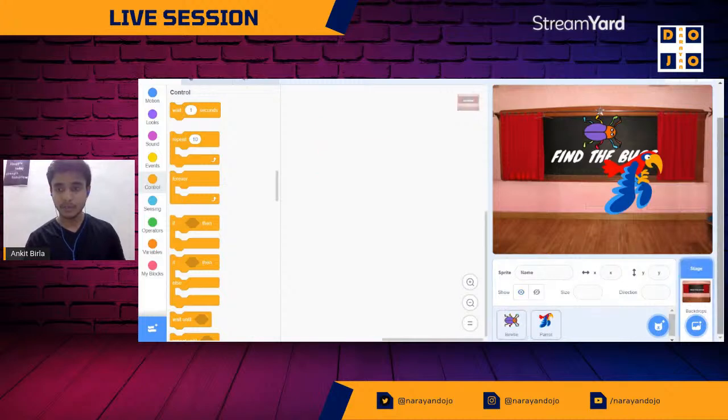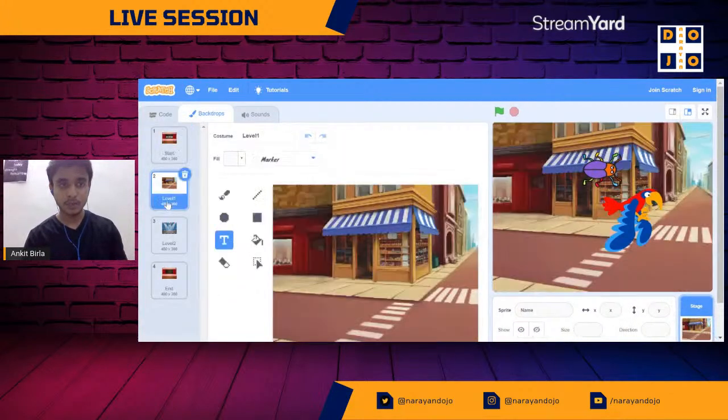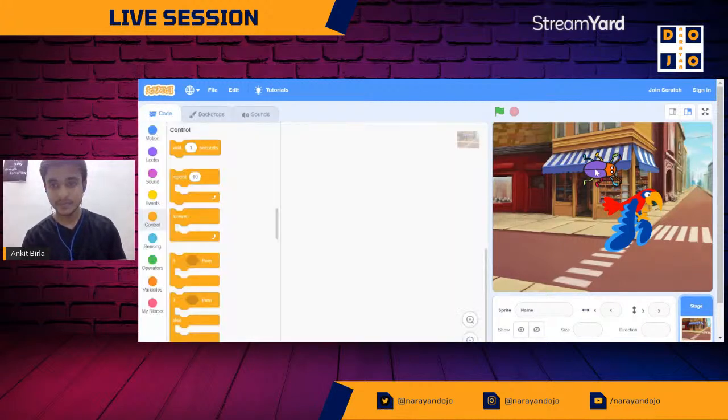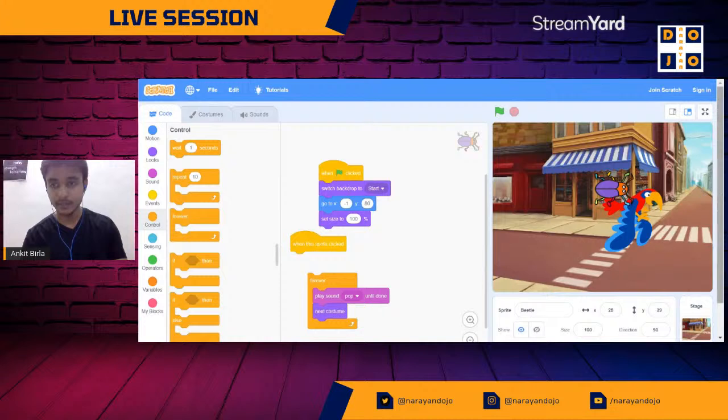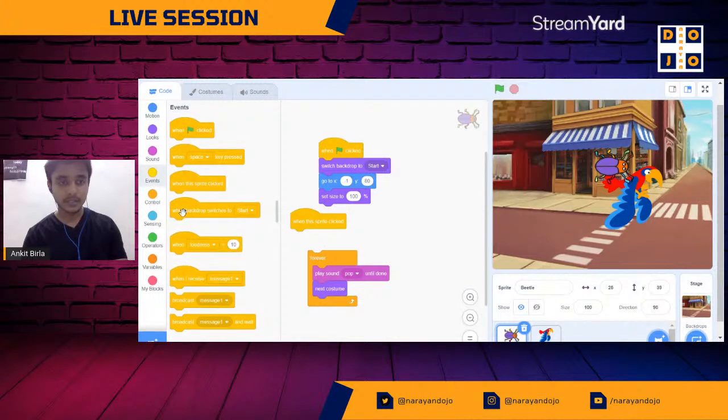Click on the backdrop, choose the level 1 backdrop, come again on the code. So for the level 1, the position of the bug will be there. So just go to the event section. So when backdrop switches to the level 1,